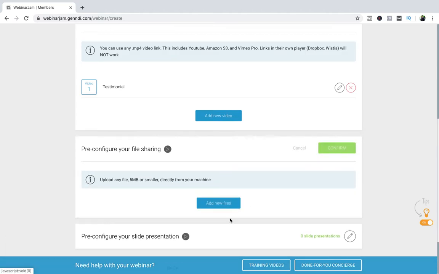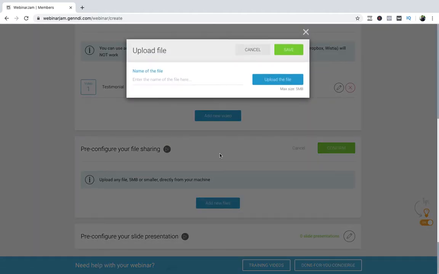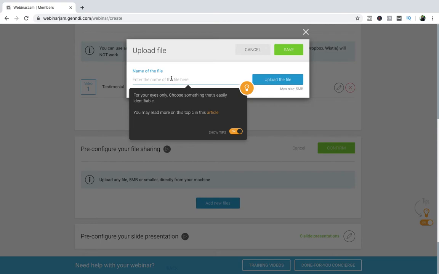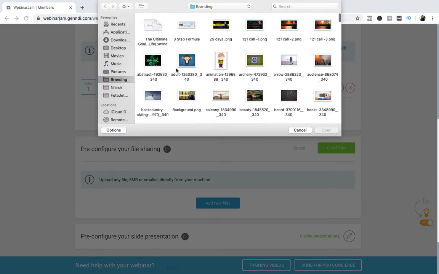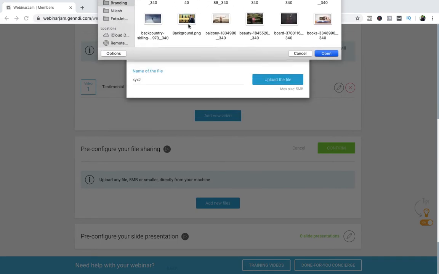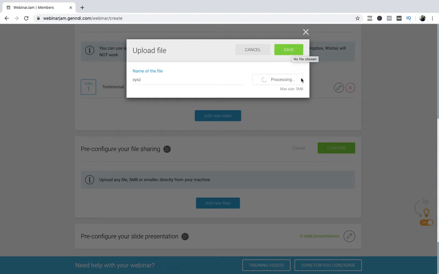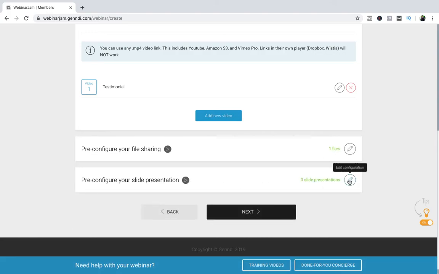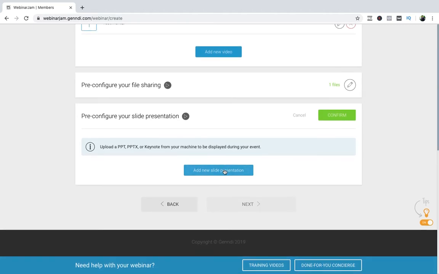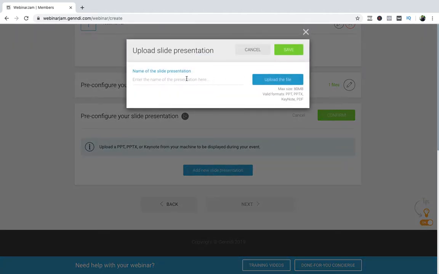Pre-configure your file sharing. If you want to add some file to share, you can upload some file. Let us say I am uploading this file. Save, confirm. Then your slide presentation. My main slides.